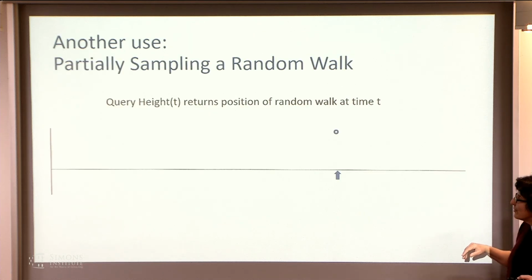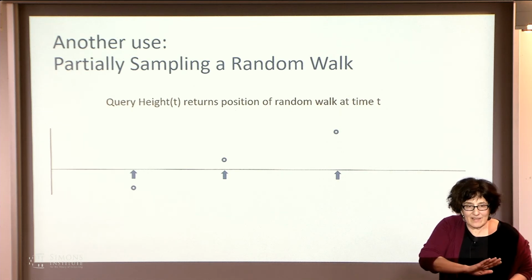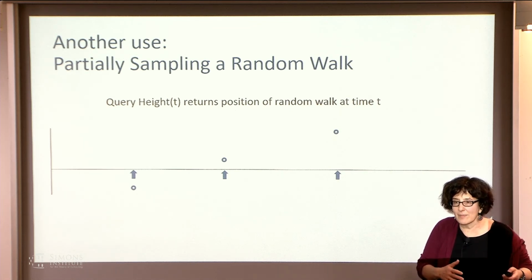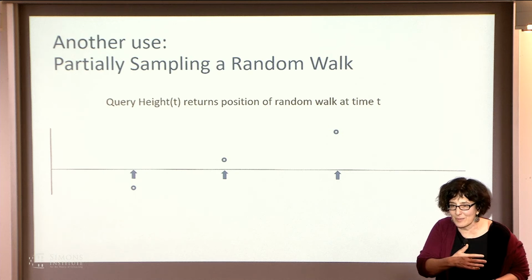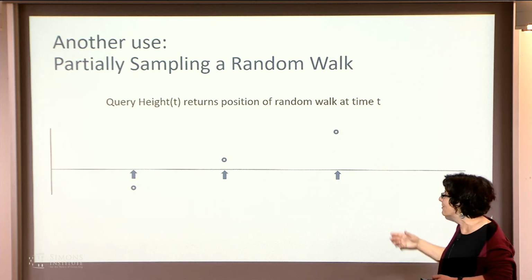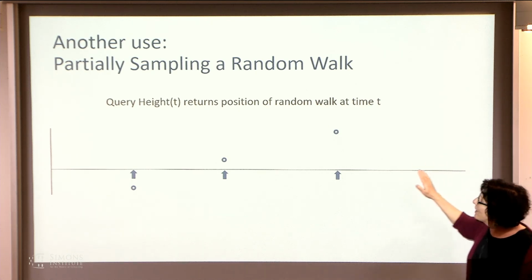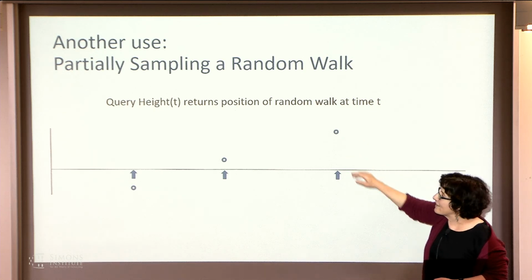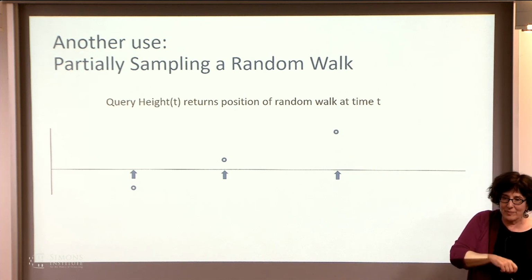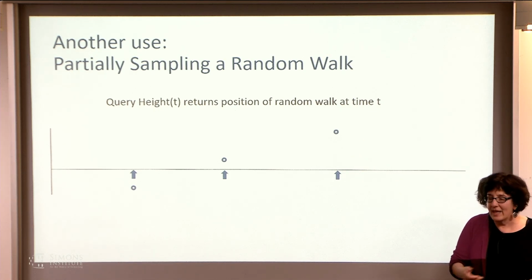It's got another use, is that you can partially sample a random walk, but this is a really easy idea. If I want to know where a random walk is at time t, this is, again, a kind of straightforward application of the distributions that all those other people showed how to do. We can figure out a position of a random walk at time t. This is a random walk that goes +1 with probability half, -1 with probability half, and these,